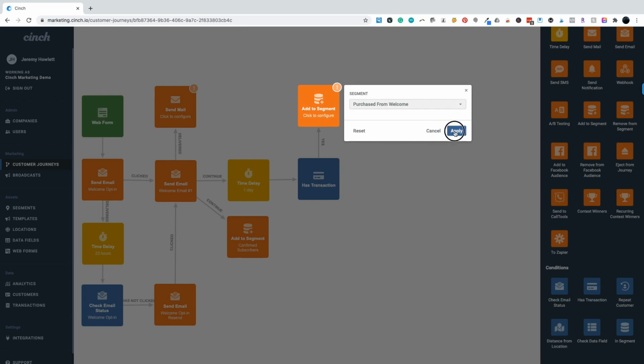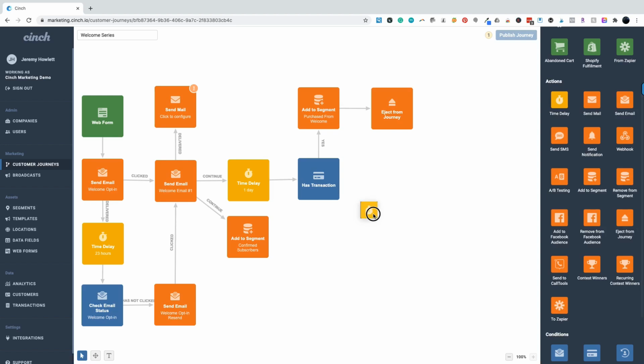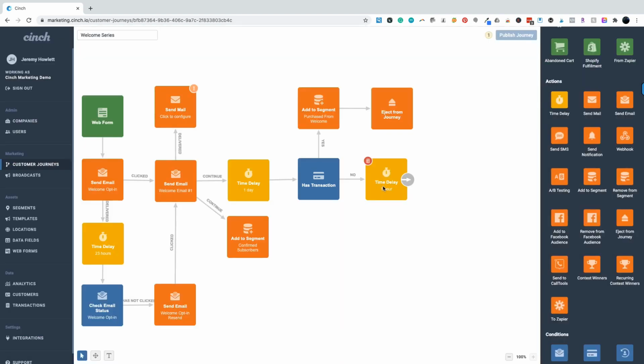And then those that have not purchased yet, we can continue trying to sell them on the brand and on purchasing product. So if you're just telling a brand story and you really want to give somebody the experience into your brand and you're not specifically trying to sell product, you may not need to check to see if there's been a transaction after every time, but typically I like to sell and continue to sell through my emails because